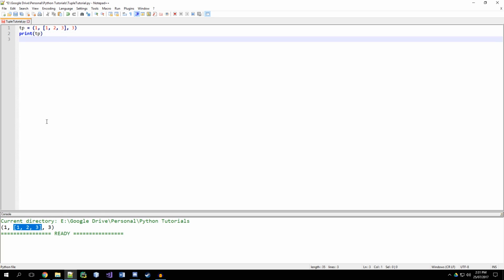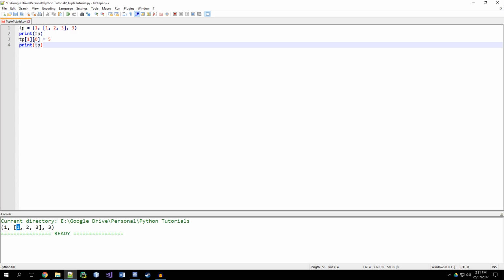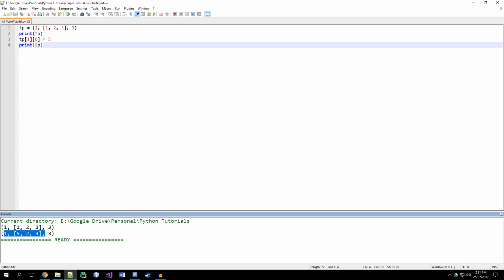Let me show you. Now if I wanted to change maybe 1, 2, 3, let me just make this 5. So from the previous videos on index notation, it'll be something like this. So TP, this is the 0th and this is the 1th element, so we want to change 1. I want to change this 1 to 5, 4, whatever. So 0 equals 5, and now if I print TP, as you can see, we've changed from 1 to